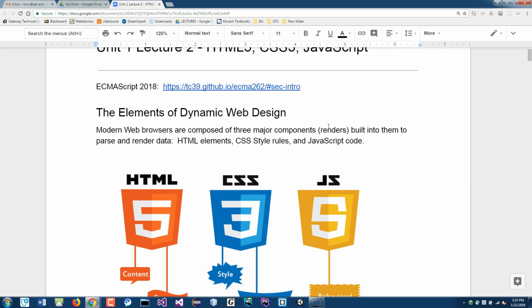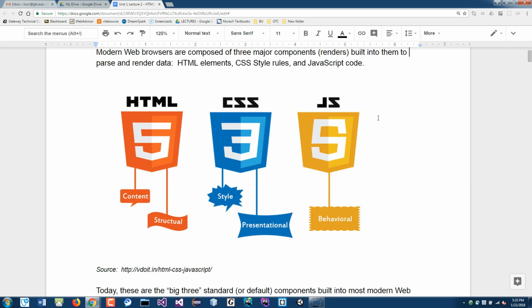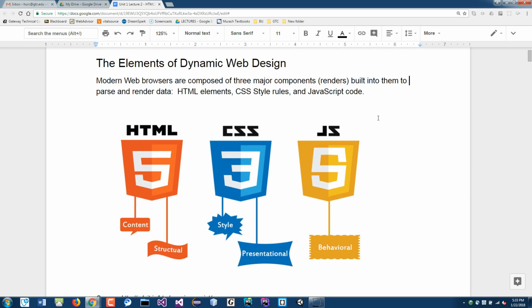So when we talk about the elements of web design, we're talking about these three things here. There are three components which you've already seen for the last couple of years or so. You see the HTML, which is HTML5. These are the actual logos they use for these technologies: HTML5, CSS3, and then JavaScript, or the JS. And these are the latest stable versions being used today in the